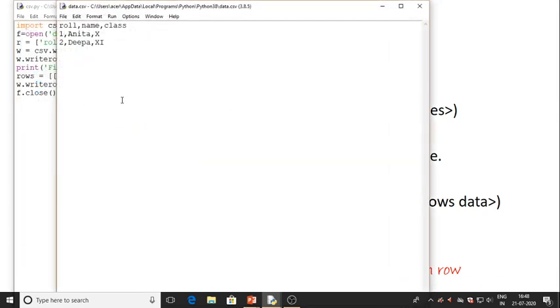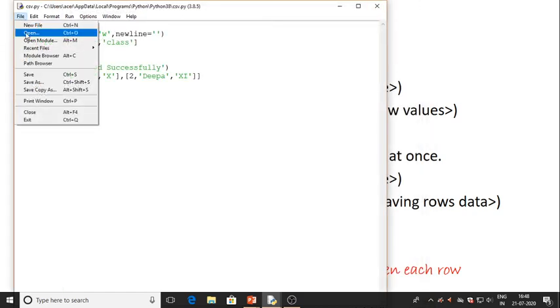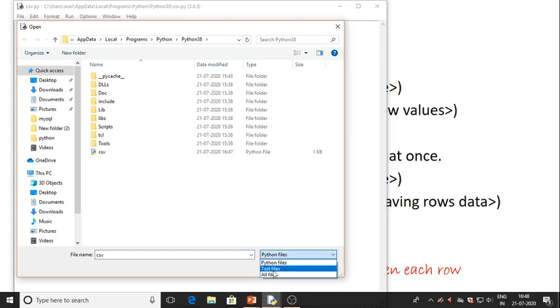Now you can see here, now it is not having any blank line in between the rows. I can open it in Excel as well, and I'll get the same.